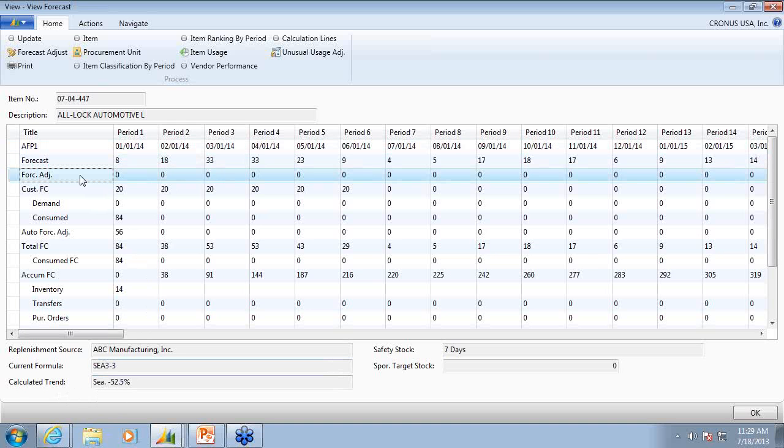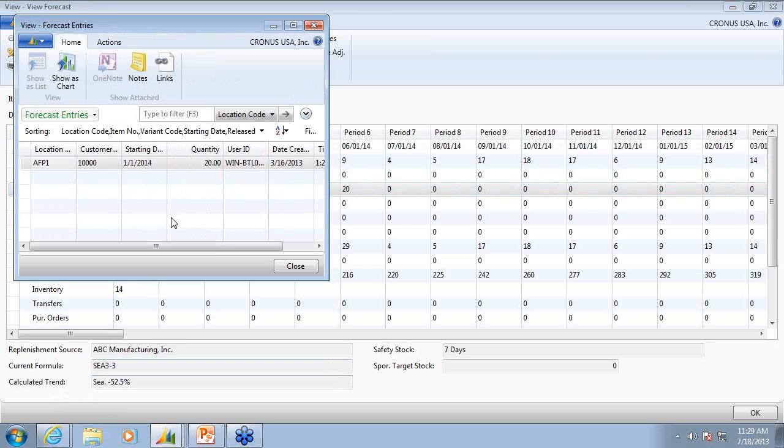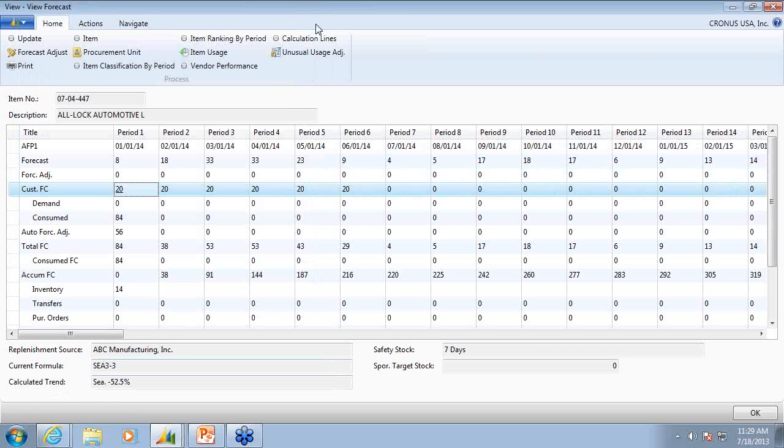This line right here is the forecast adjustment line if you've made any forecast adjustments through the promotion forecast or through the forecast summary or directly here on the forecast screen. And then here is the customer collaborative forecast line. And here I can drill into this, and when I drill into it, I can see which customer it is. This was customer number 10,000, and that entry was made here on the 16th of March of this year. So I can see all of that information. These 3 lines, the calculated forecast, the forecast adjust, and the customer forecast, make up the total of my forecast for this item